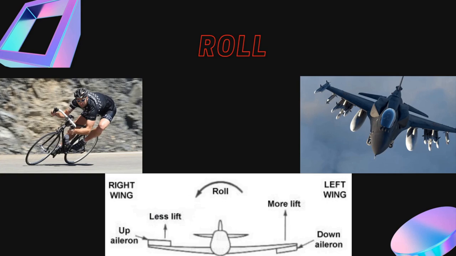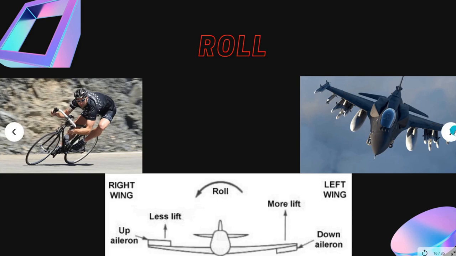So by now we have enough components to take off and even roll in the air. And okay, so by cycling you don't always roll. Sometimes you also need to steer the cycle. And again the same thing goes for an aircraft. Aircraft also needs to steer, but in the case of aircraft we don't call it steering, we call it yawing, right.